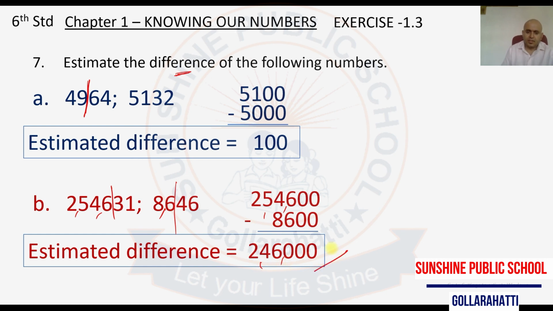Okay, we just have to find the difference. Round off to the nearest 100 or 1000, and subtract to get your answer. Some may get 2,45,000, some may get 2,47,000. Okay, don't get confused. It's just an approximate value, not totally different. You cannot write the answer totally different, like 1,32,000 or 1,75,000. The approximate value can vary slightly, that's all. Otherwise there cannot be much difference. Okay, that is called estimation.